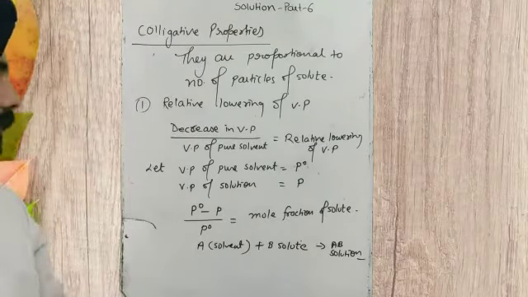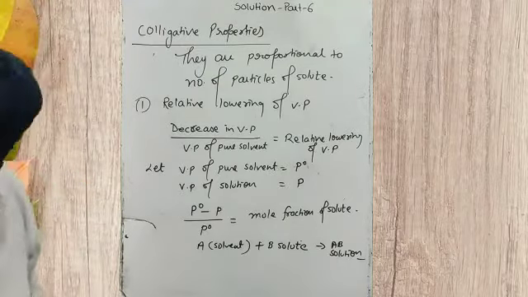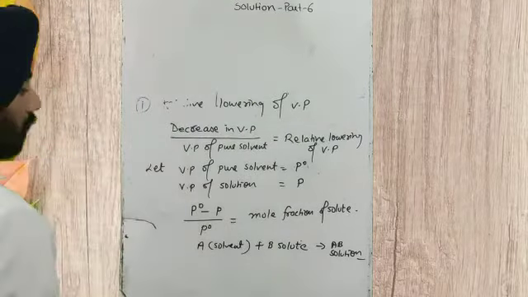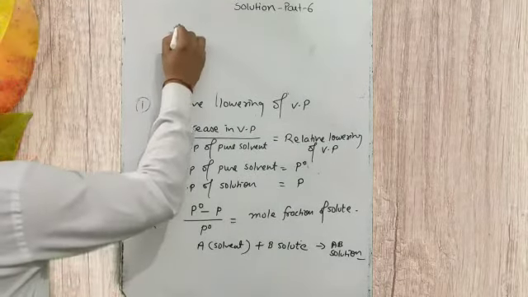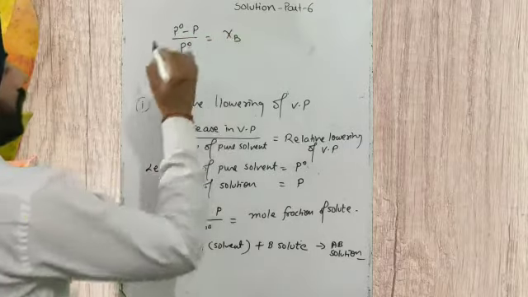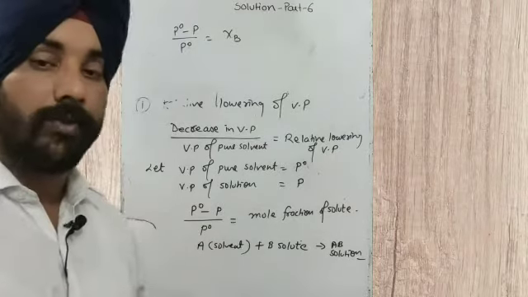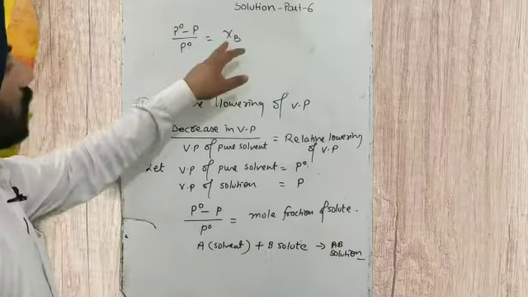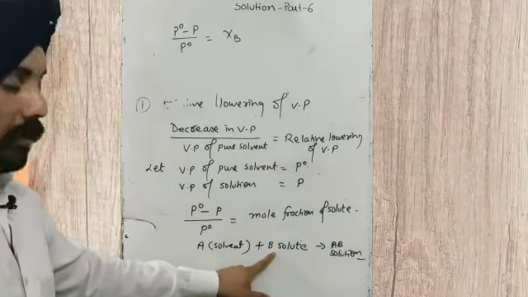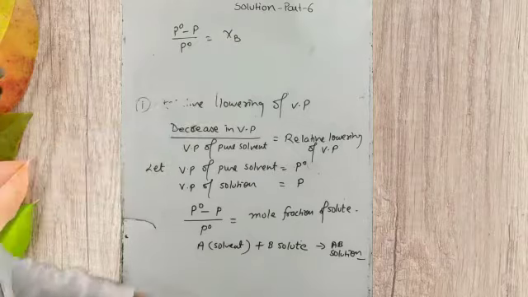Okay, so A is solvent, B is solute, and here I have written mole fraction of the solute. So I have to mention this in the formula also. What will be the formula now? P naught minus P upon P naught is equal to XB or chi B. Chi is the symbol that we are using to show the mole fraction. Chi B is the mole fraction of the solute, since we have considered B as the solute.